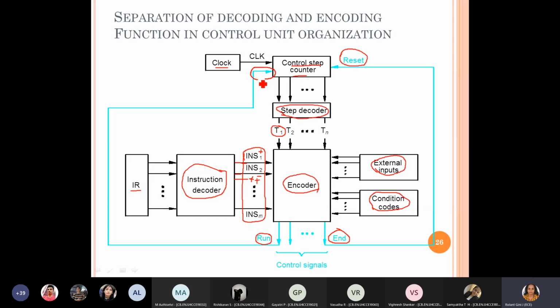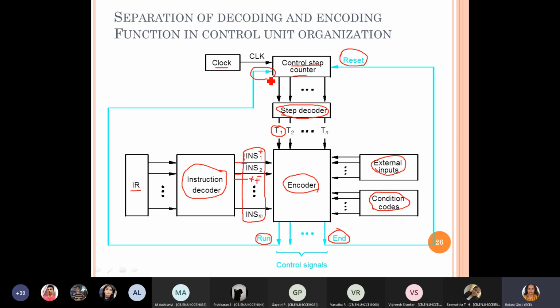At every clock pulse, the increment happens here. Every time it gets the clock and it's simply Run, the counter gets incremented, and either it will be Run or Reset. So on getting Reset, on the next clock pulse the counter will be reset. On getting Run, on the next clock pulse the counter will be incremented.